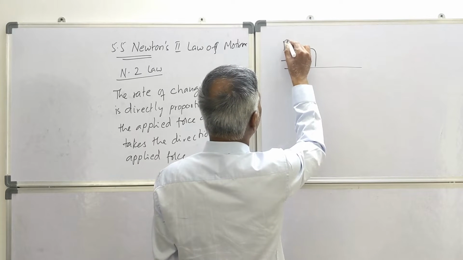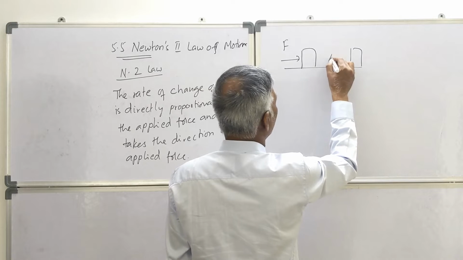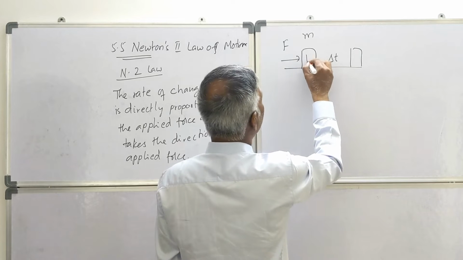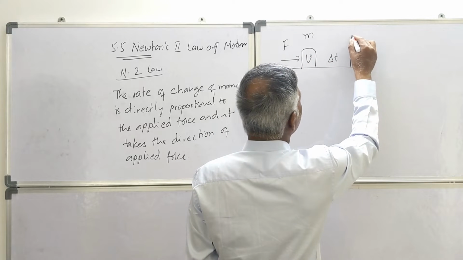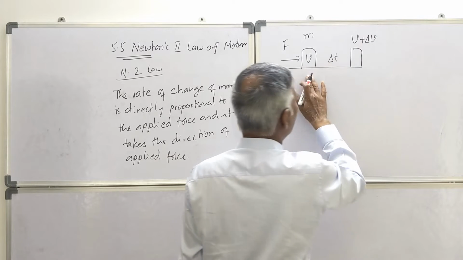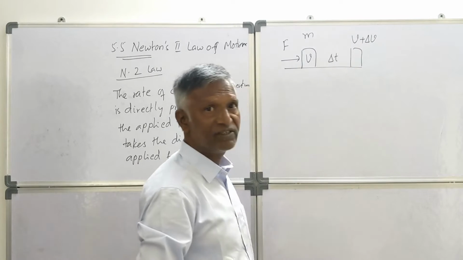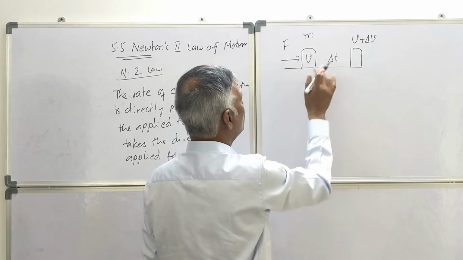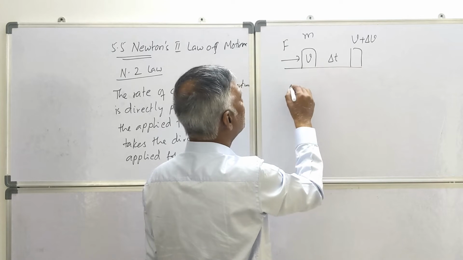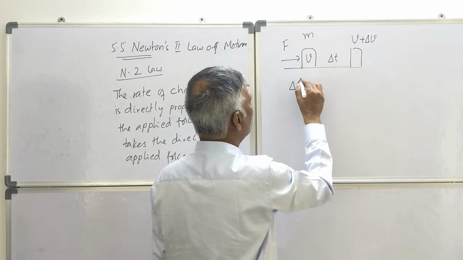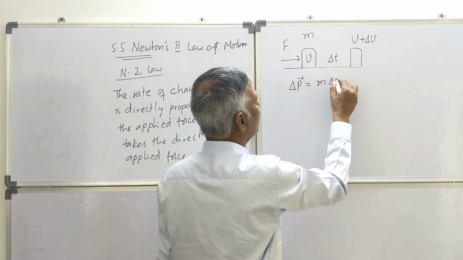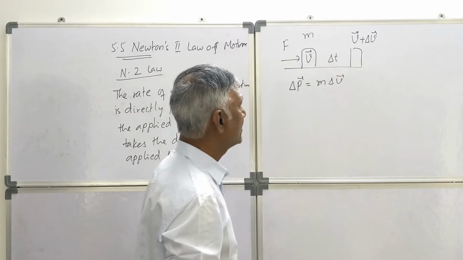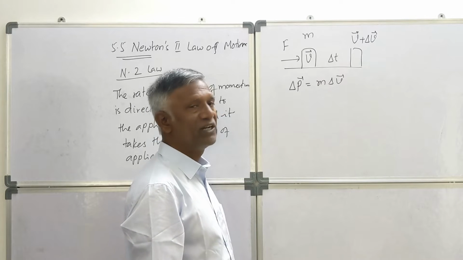Suppose a force is applied on a body, suppose F is applied for a time interval of delta t on the mass of m, so इसका velocity v suppose, so यहाँ ये v plus delta v हो गया, the velocity changes from v to v plus delta v, ठीक है। So the change in momentum will be delta p is equal to m delta v हो जाएगा। अगर ये वेक्टोरियल नोटेशन में ले लेंगे तो ये वेक्टोरियल नोटेशन में ऐसा होगा, ठीक है।